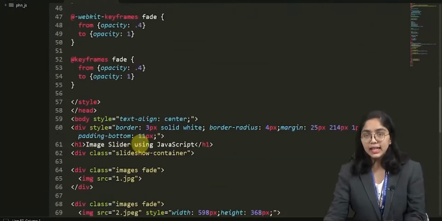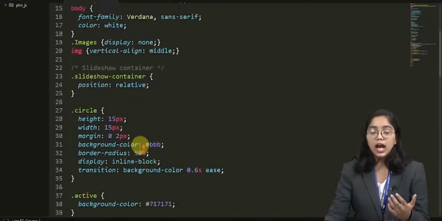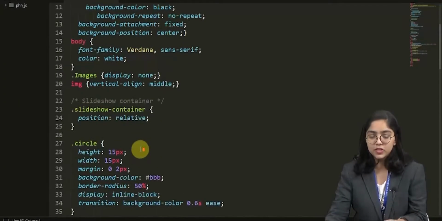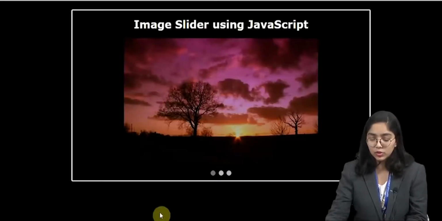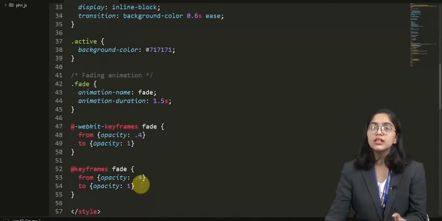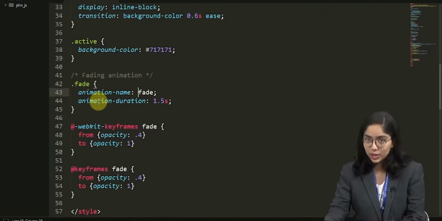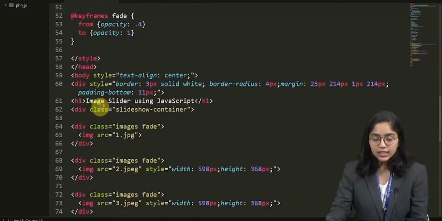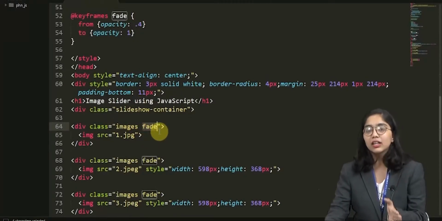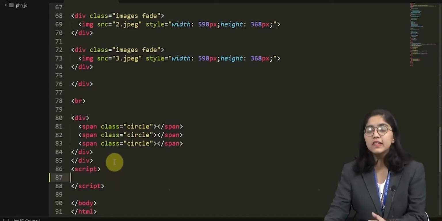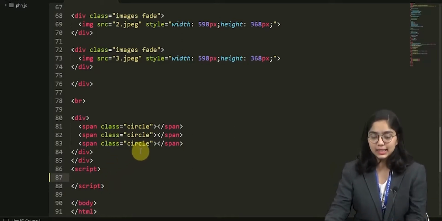I have basically created an HTML and CSS structure and it has a particular class for images, and the circles that you see down here are also given a particular class. Also, I have given a fade class in which I have given the animation using the CSS. After this, you can see I have given the class name as images and then fade. This is the multi class over here. And then the circles. The circles have a very simple class, circle only. And all of this styling is given inside the CSS.